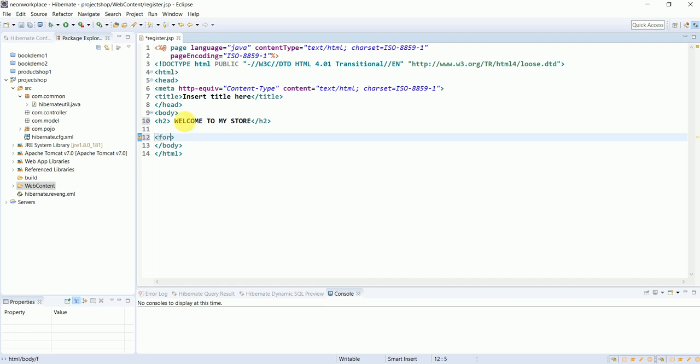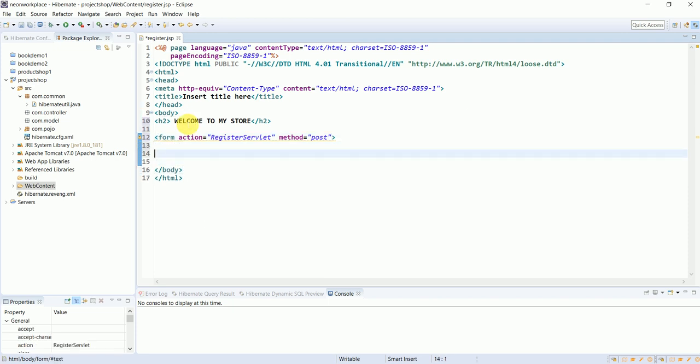I'm creating a form where action will be going to register servlet. It has to be in double quotes. Okay. So after this, now this method, I'll write equal to post, and then yeah, that's it. After that, I'm writing enter